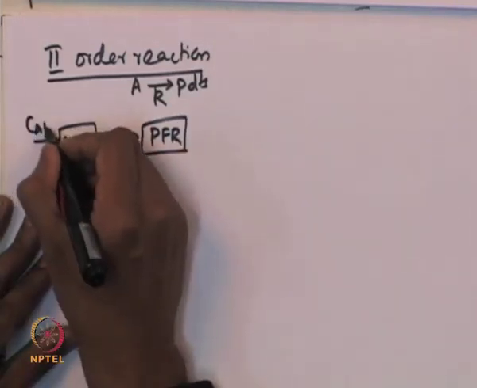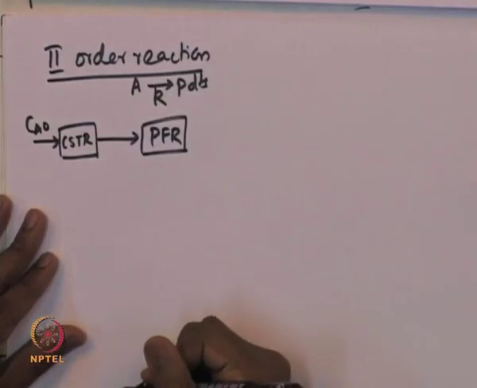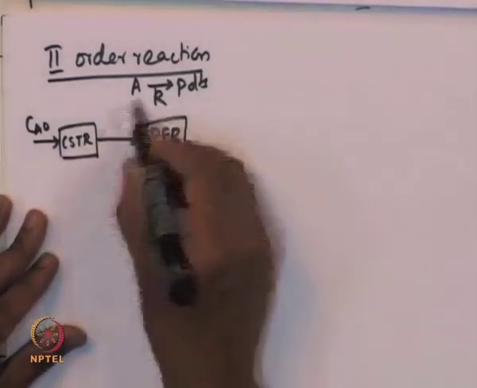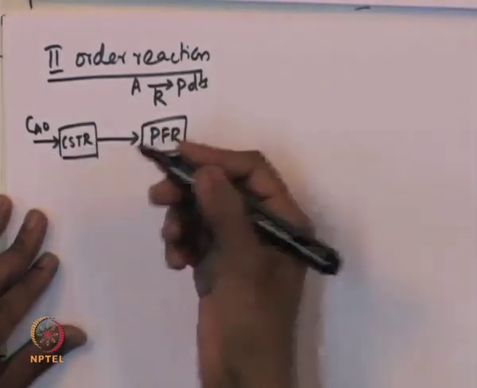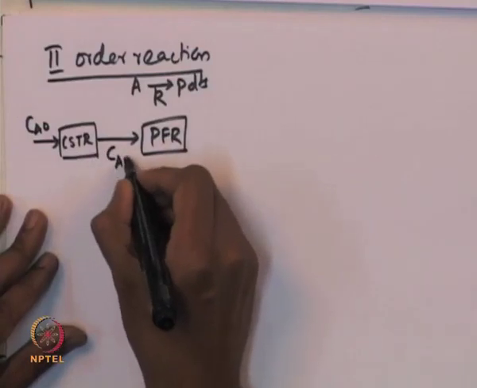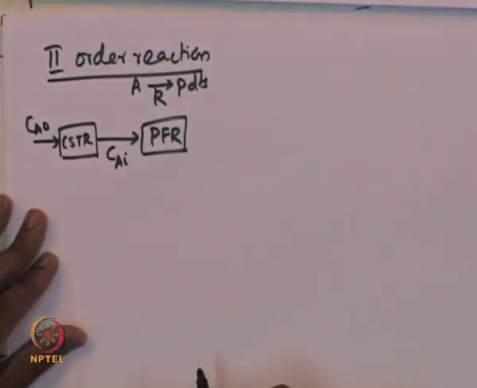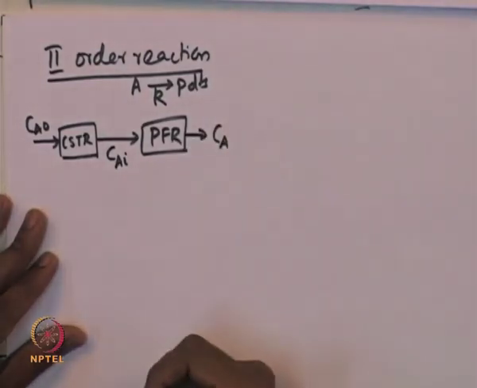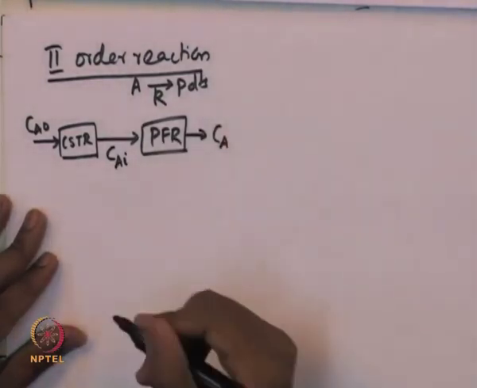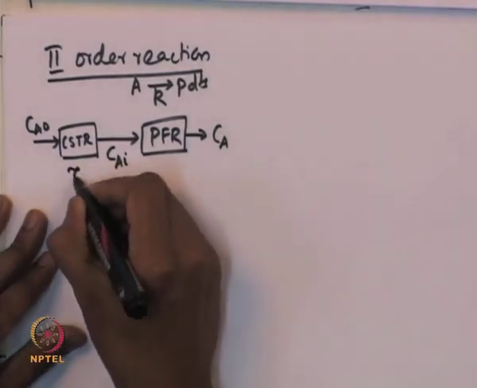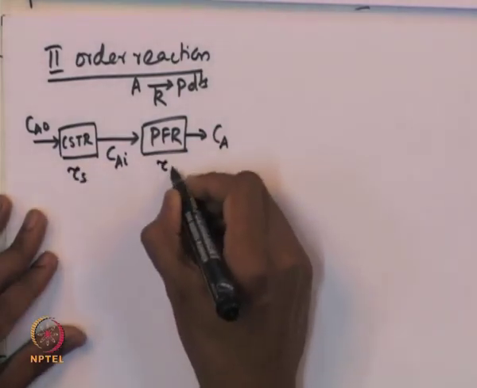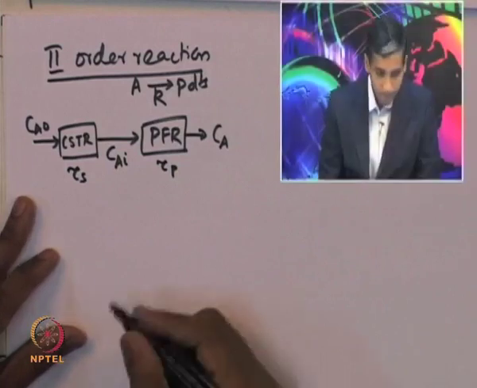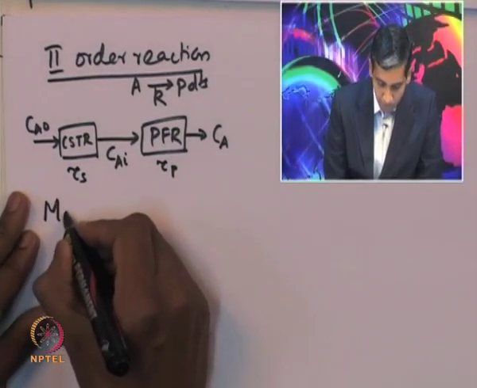So, if Ca naught is the concentration of the species fed into the CSTR, and if Cai is the concentration with which the species leaves the CSTR, and if Ca is the concentration with which the species actually leaves the plug flow reactor, and the space times of the CSTR and plug flow reactor are tau s and tau p. So, now we can write a mole balance